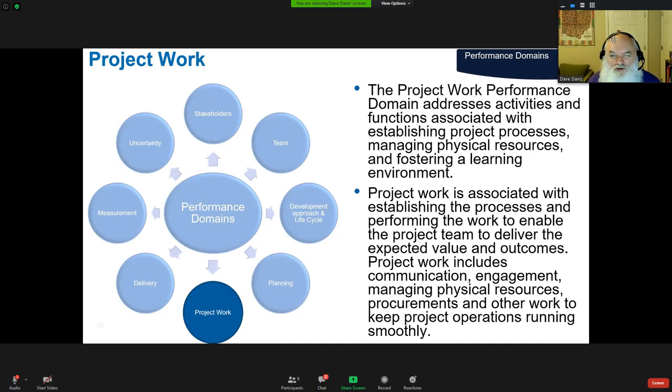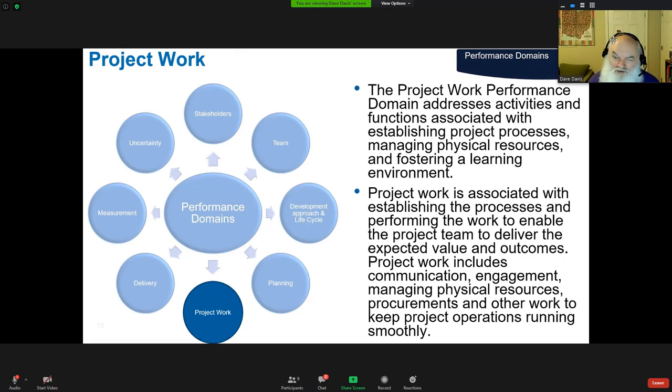Next one is project work, and that's actually delivering the product and the activities, functions associated with that, and the managing of the resources. Do we have to share server space with somebody? With virtual machines, that's not as big an issue as it was 20 years ago. It's still an issue. More resource utilization, some of those things are going to be important components of this.